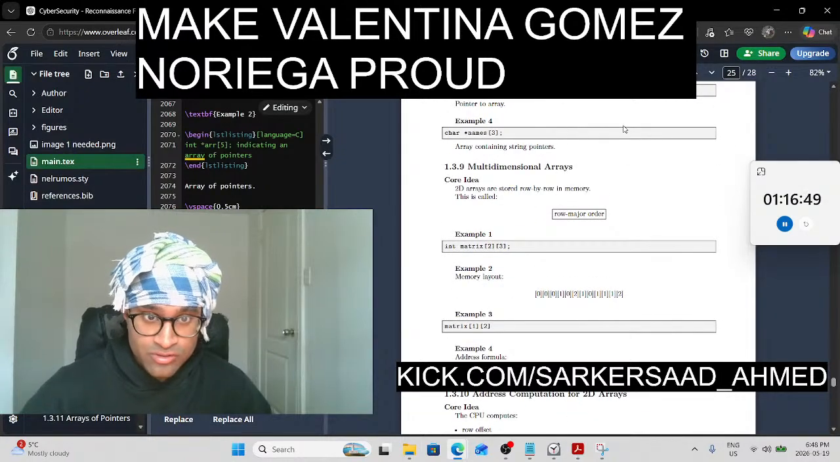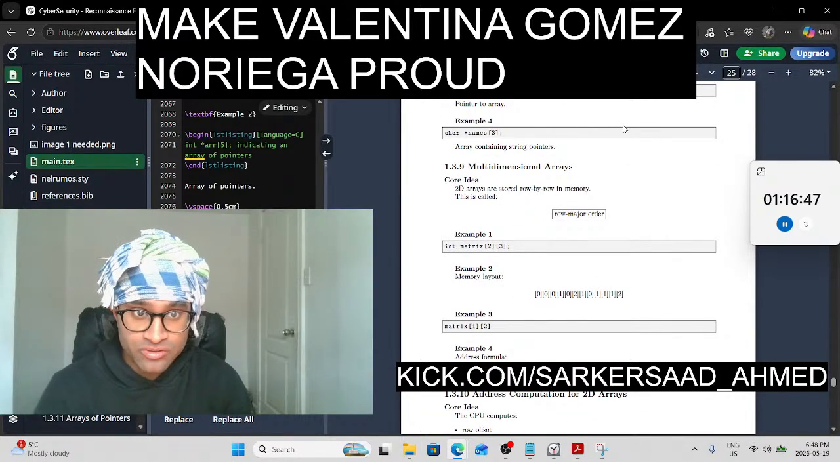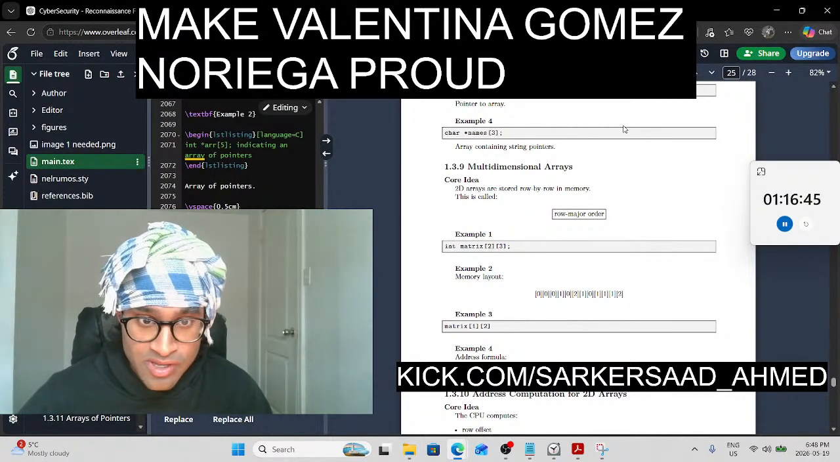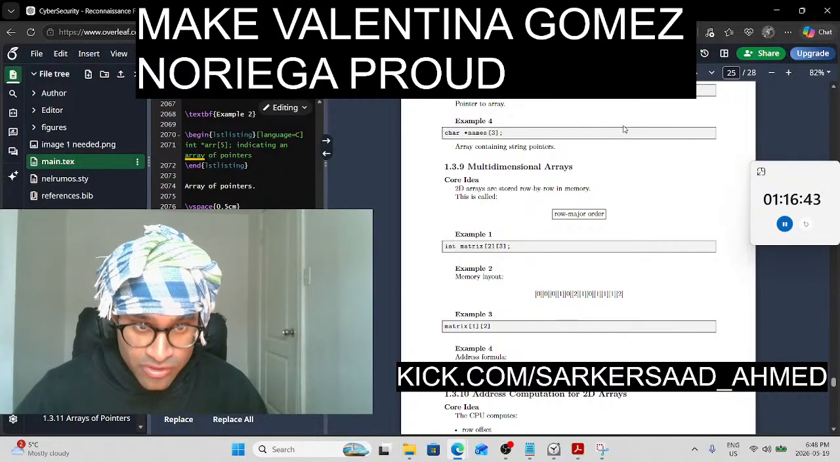2D arrays are stored row by row in memory. This is called row major order. A matrix of 3 will have 0, 0, 0, 1,